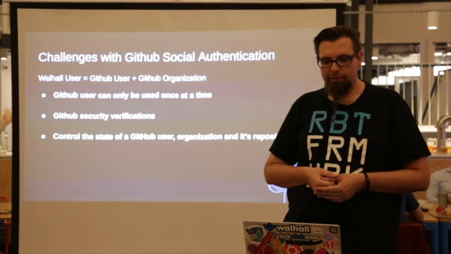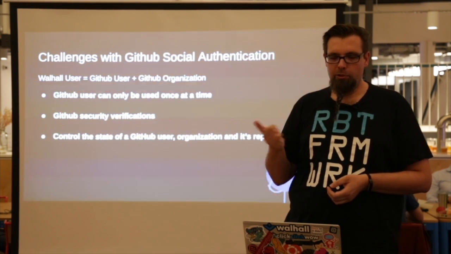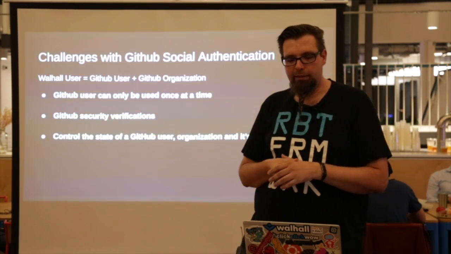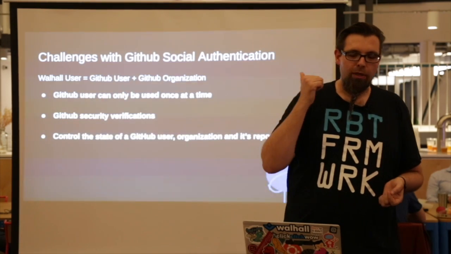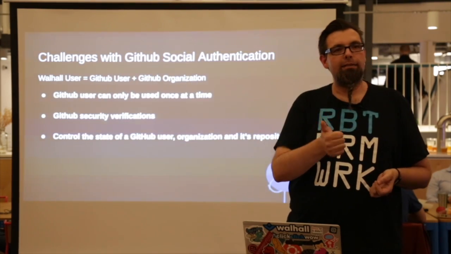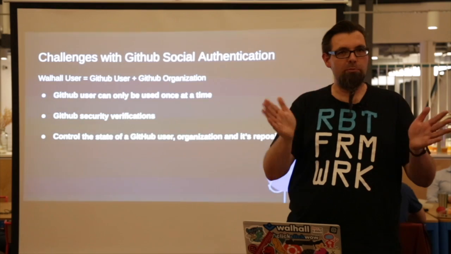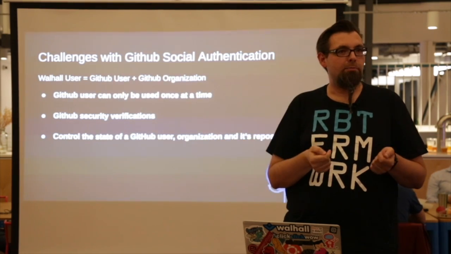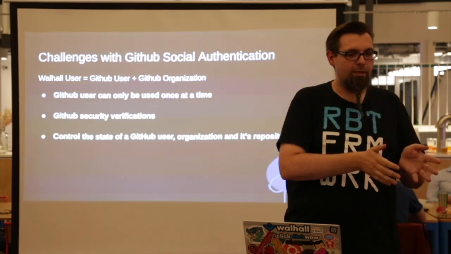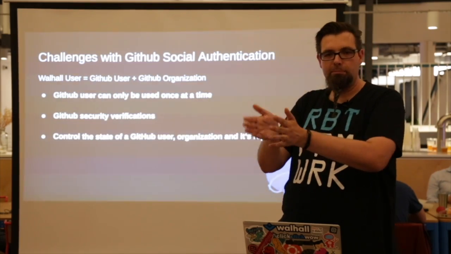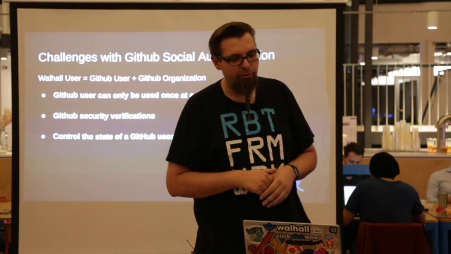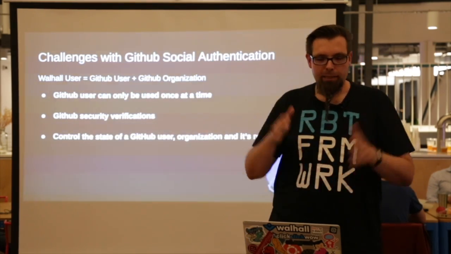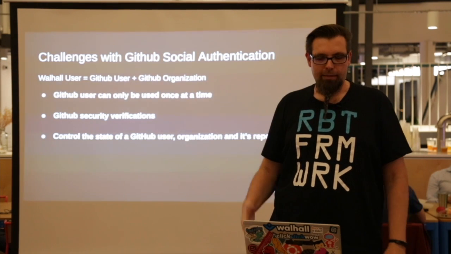So my solution is to take good care of the GitHub users I have, and the challenge I have been facing is I can only use one GitHub user at a time for one test run. So if I have multiple test runs at the same time, I need to make sure that they are not using the same GitHub user. I need to make sure this GitHub user is used by this test run and this one by that test run, so they don't interfere. So they suddenly create a repository here, or add a PR, or do something else,